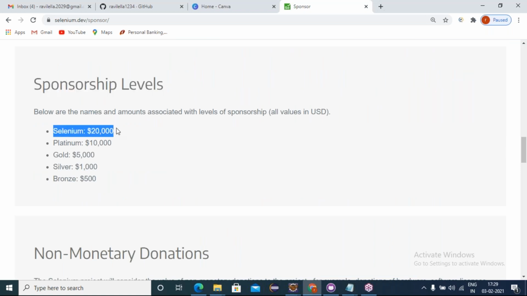Platinum, gold, silver, bronze level sponsors are different, and the payment is different. You can be part of the Selenium community and support Selenium to grow day by day in providing language bindings and frameworks and whatever you want. You can pay that and contribute, so everyone will use your product with Selenium.